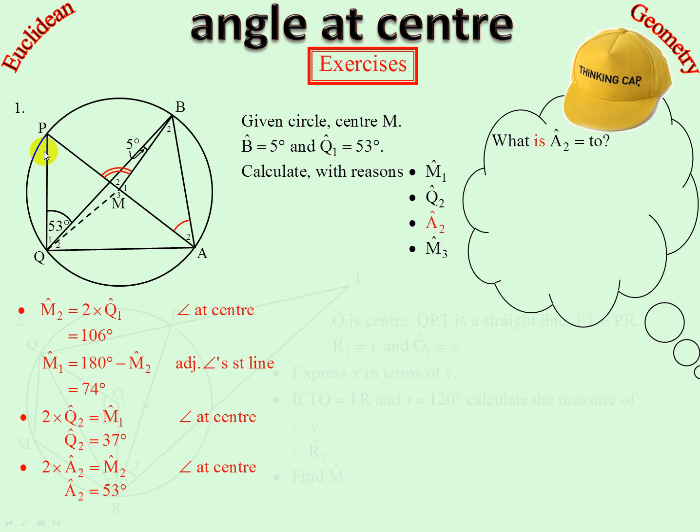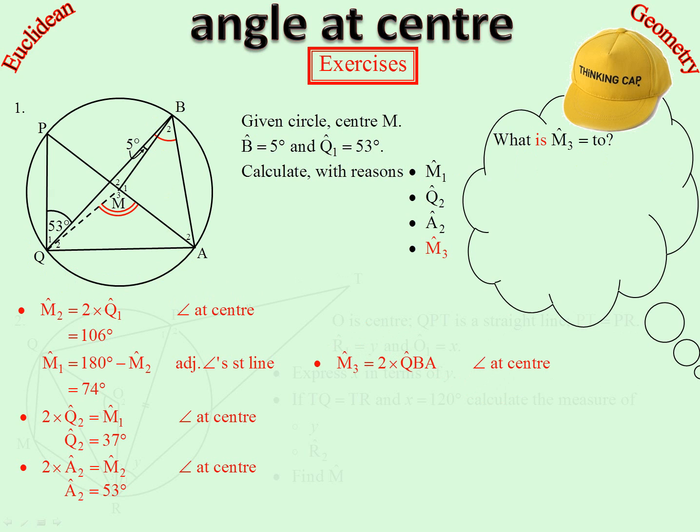And there's an angle subtended by the same arc. What is M3 equal to? That's even better. There's an angle subtended by the arc on that side. Have a look, there is one subtended by this arc. And going off the same arc is that angle there. Now we have a bit of a problem there because we know 5 degrees, but we don't know that. So we know that